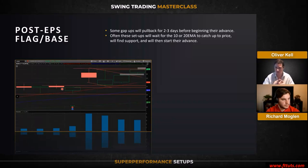So I love trading IPOs that are past the lockup. I've seen studies that show most stocks do not make their move until after that 6-month lockup period. There's certainly exceptions to that, GLBE this year, obviously Google's the one everybody knows about, but generally speaking, stocks will get past that lockup and